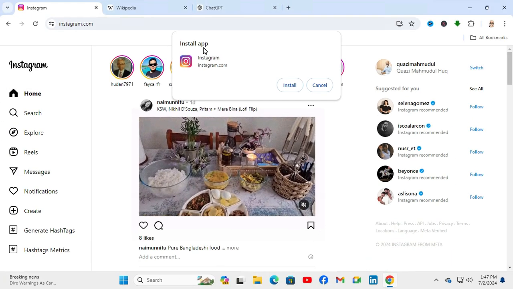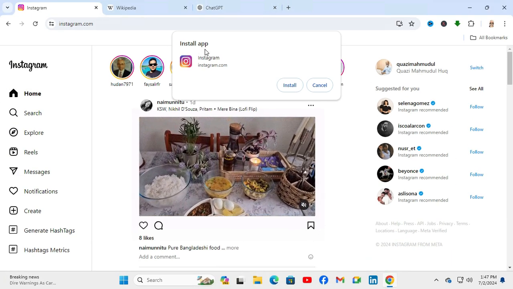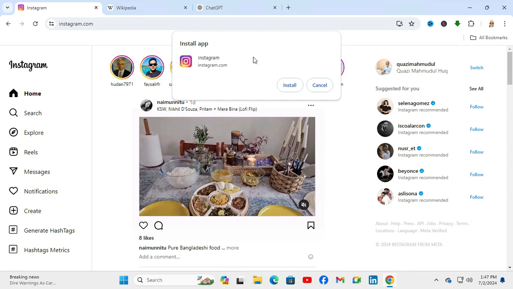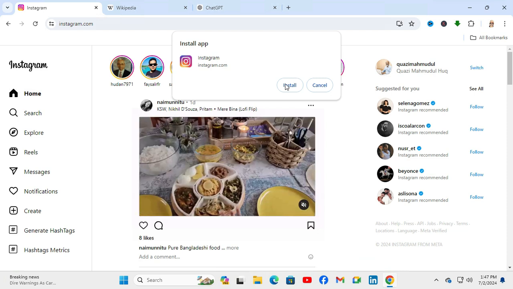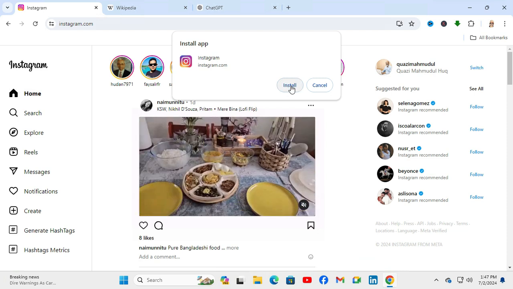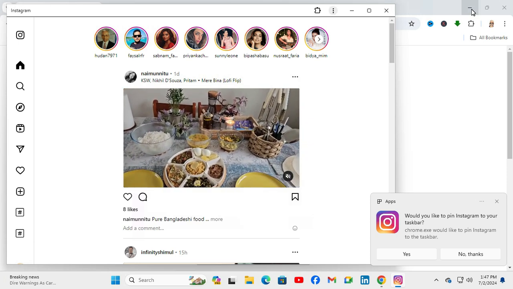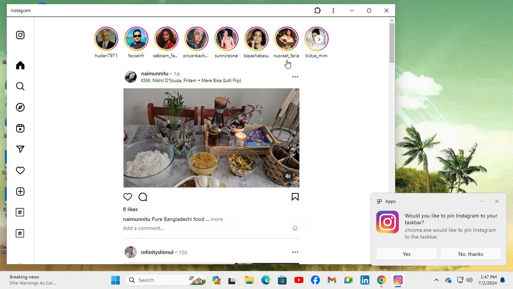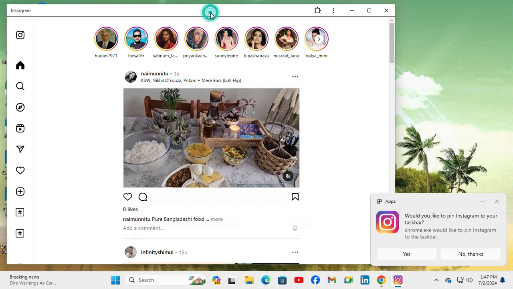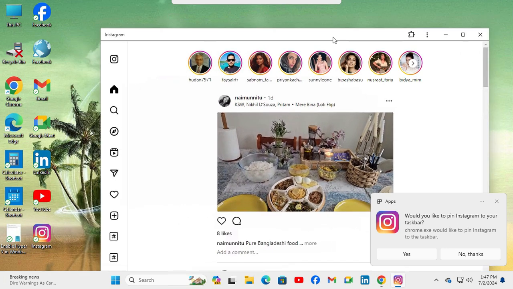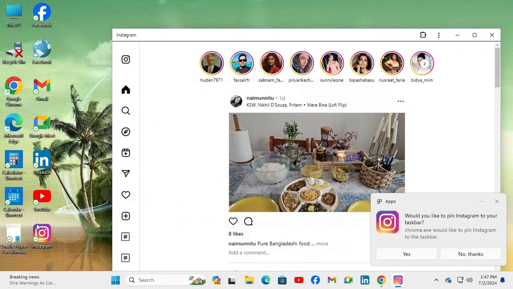and a pop-up window has been opened. Here you will find the Instagram logo and the name Instagram also. Just click on the Install button here. Now Instagram has been installed on my Windows 11 computer, and here you will find a desktop shortcut icon on